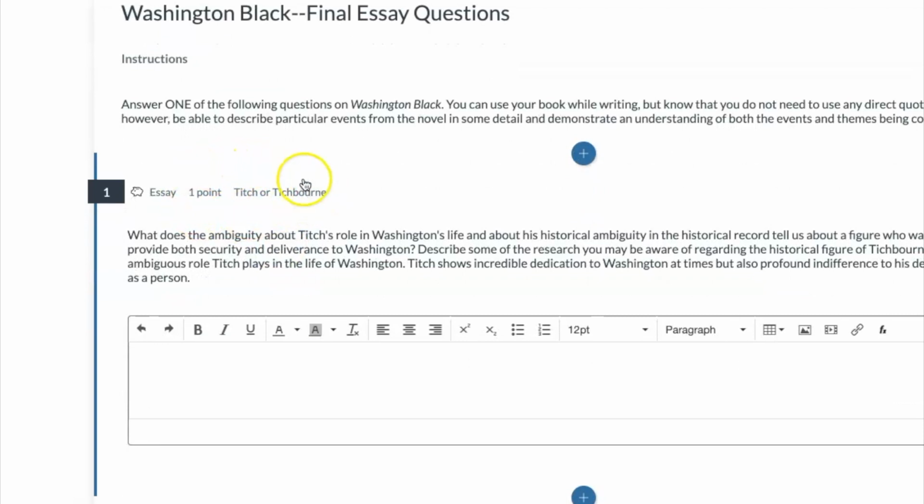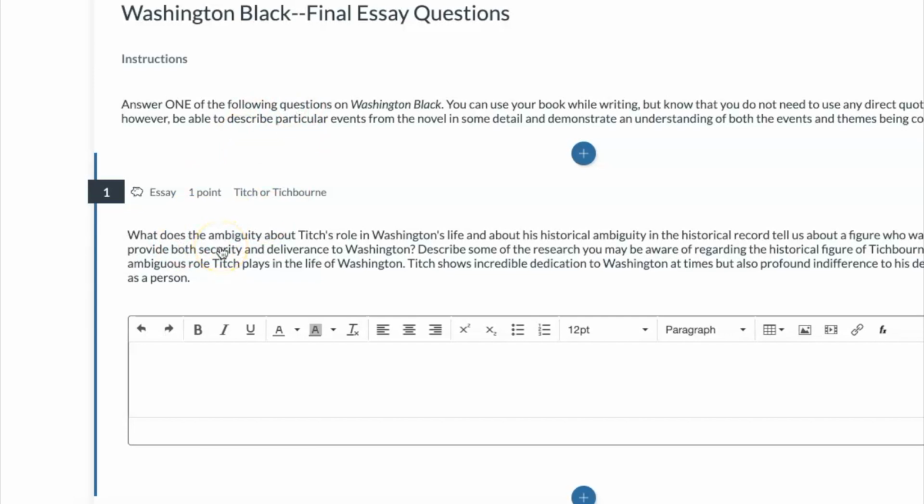When I've got this finalized, it will say 40 points. Ignore that, okay? This essay is worth 200 points. Please ignore the fact that it will say 40 up here. In order to make one spot in the grade sheet and to have it add up to 200 points, I had to give each question 40 points. But keep in mind, you only need to answer one of them. Then I will enter the grade as anywhere from 1 to 200, okay? So ignore the points available, and just know that this essay will be worth 200 points.